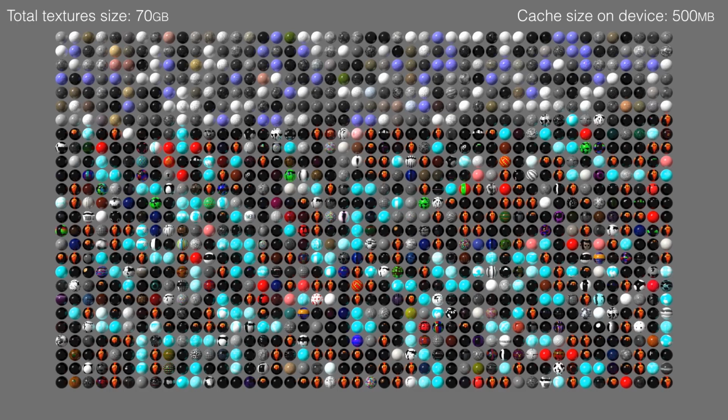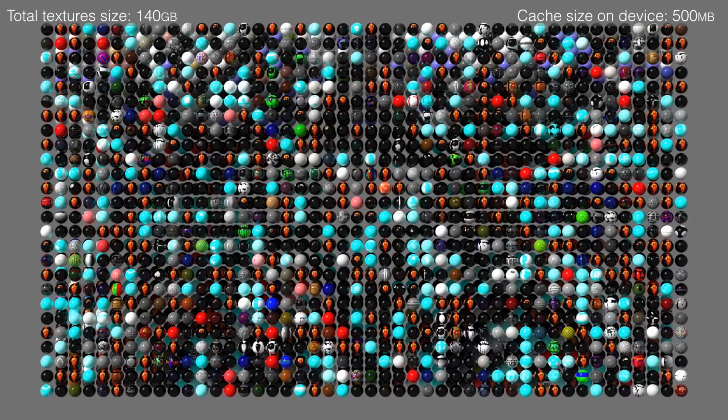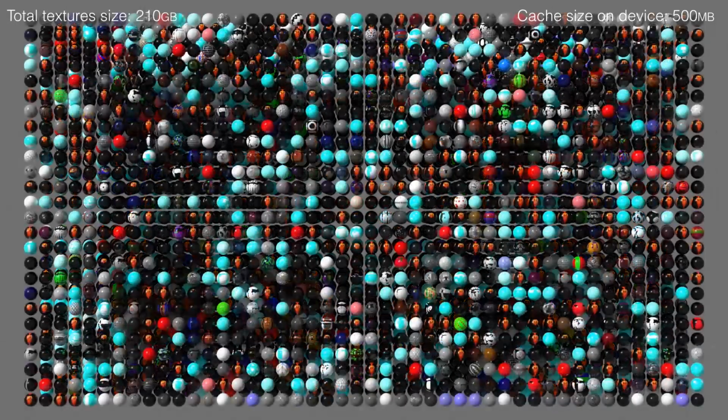And so each of these spheres has a different file, between 4K, 8K, 16K, etc. Some files look exactly the same. They are actually animated textures, different frames of animated textures. So let's double it up with more walls of spheres in front, and more and more. So here we go. We have 280 gigabytes of texture data that we render with only 500 megabytes on the